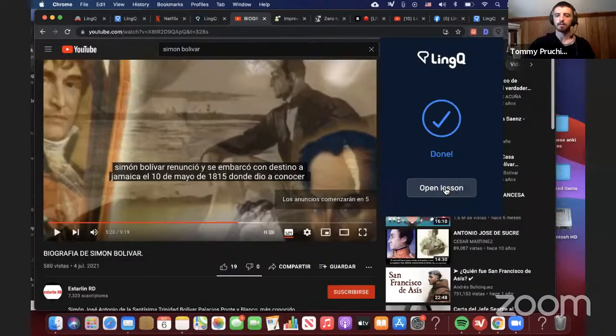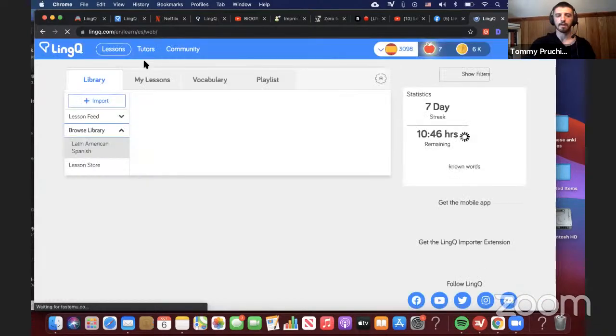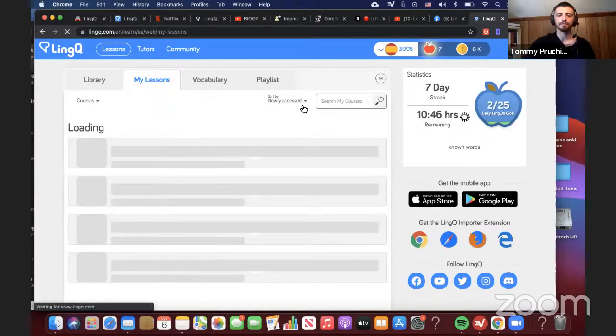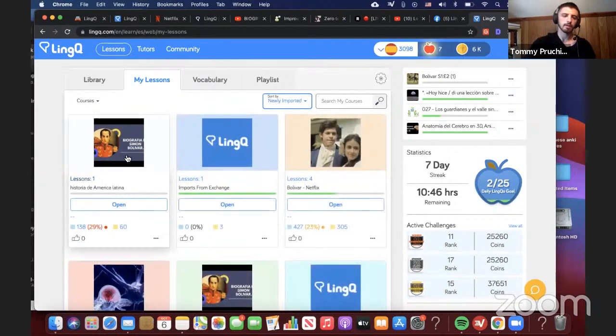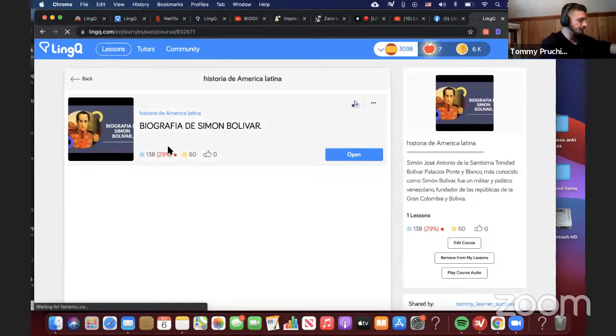And boom, the lesson. I'm not going to click open lesson, because that'll go to the beta app. I want to go back over in here into LingQ 4.0. And I should find my lesson. And it works just as well on the mobile app. So if you're watching YouTube videos on your phone, see, here we go. Got this lesson here. If you're watching YouTube videos on your phone, and let me pull up my phone here,